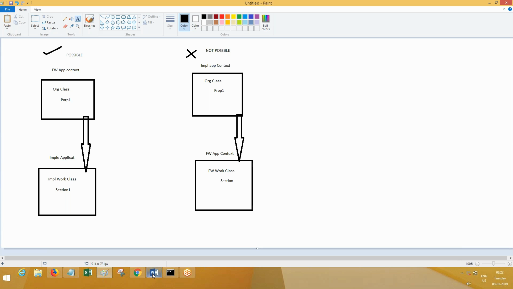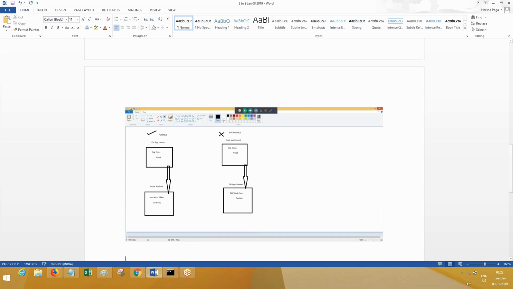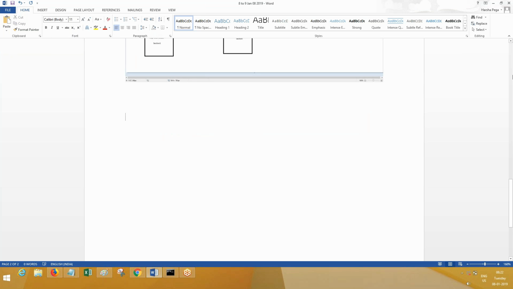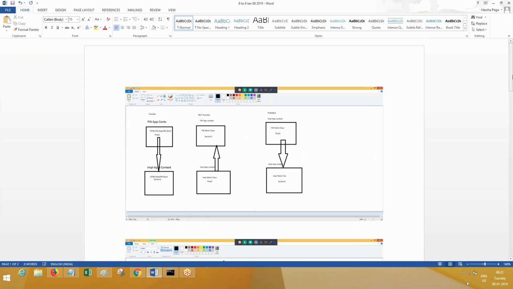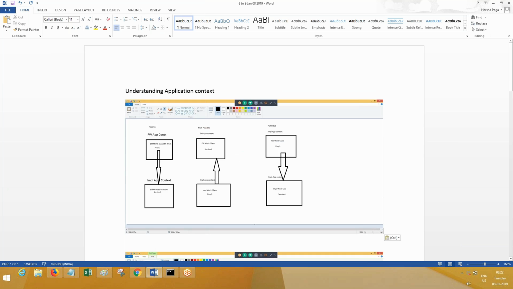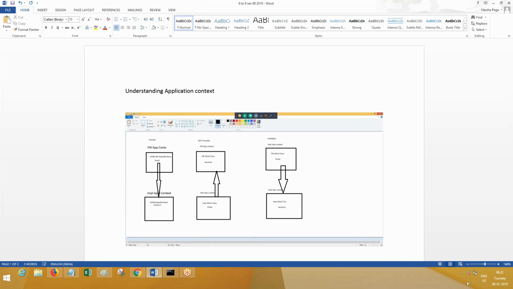Okay, this is clear, everyone. So did I give you this screenshot here? I think I have given already. Now this is about application context that you have to go ahead and use. Understanding application context.